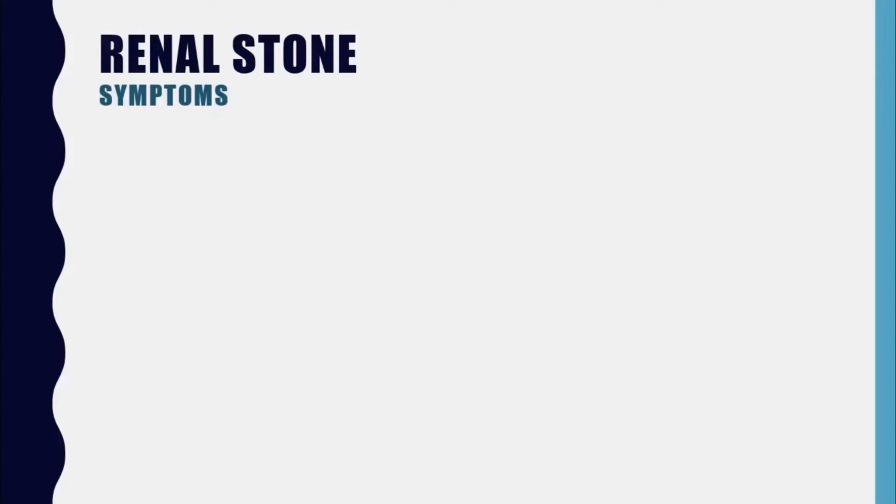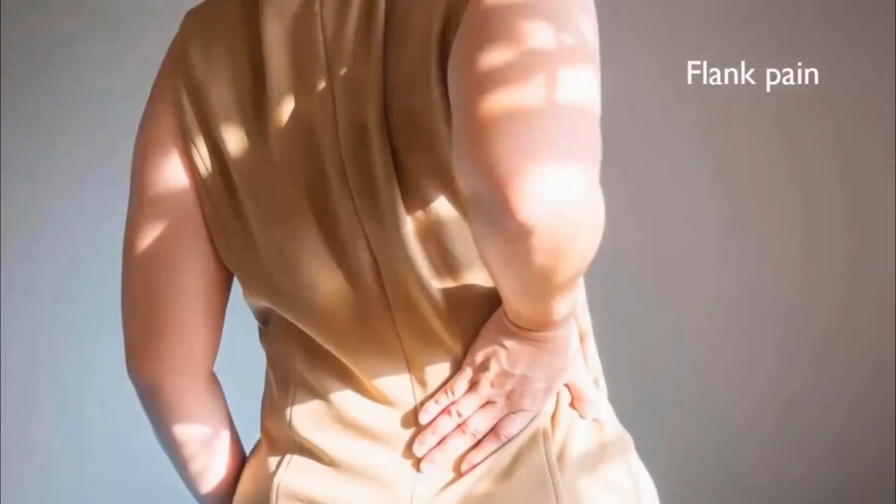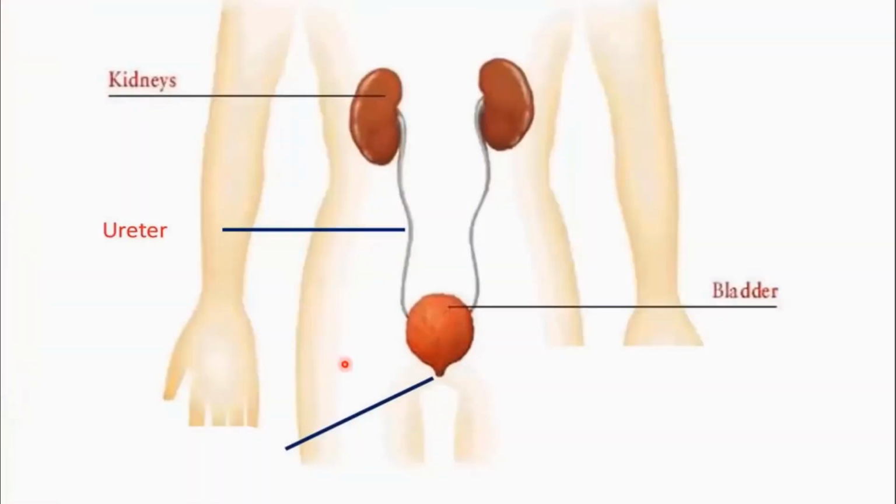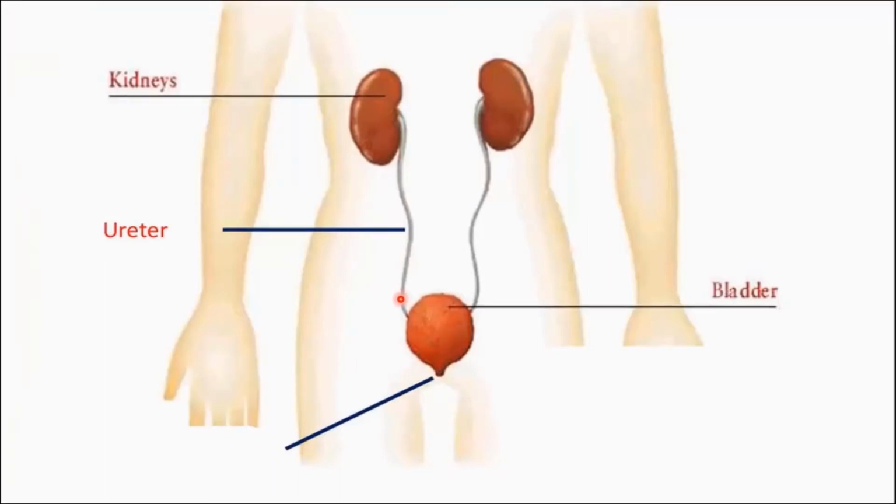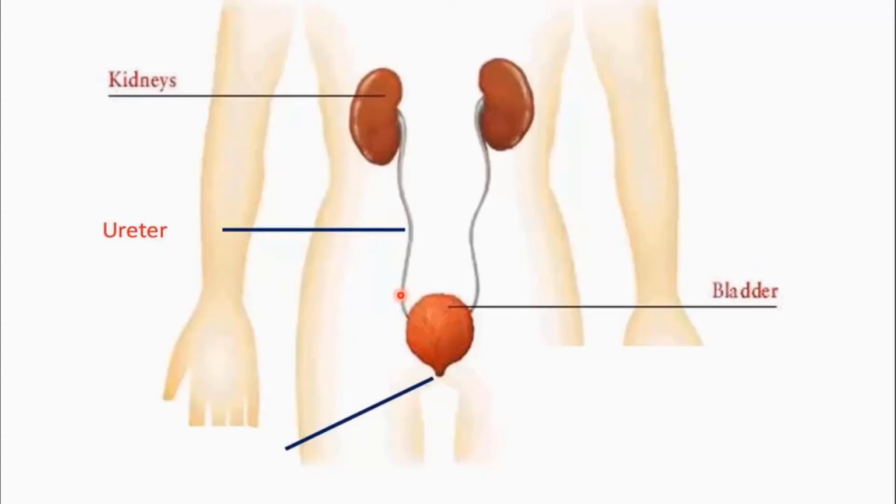How do you recognize it? The patient usually has flank pain plus or minus hematuria, and the pain is usually colicky in nature, particularly if the stone goes inside the ureter. If the stone is in the ureter, sometimes the pain has radiation. For example, if the stone is in the lower part of the ureter, the pain radiates to the suprapubic area. And if it is in the middle part, it radiates to the iliac fossa region, which sometimes is misinterpreted as